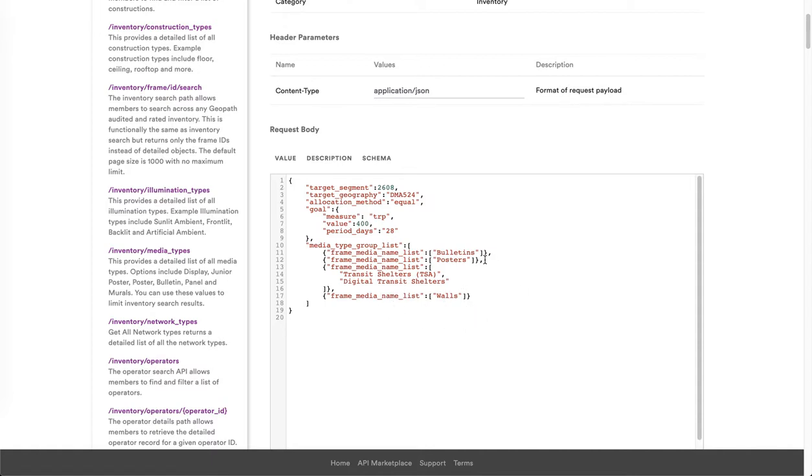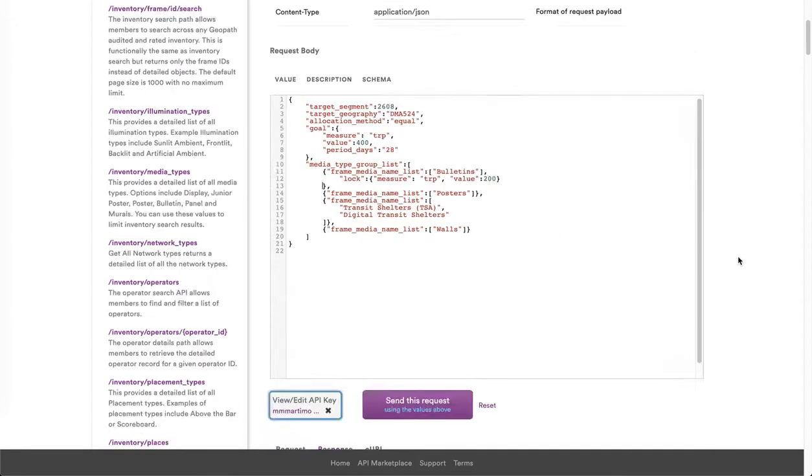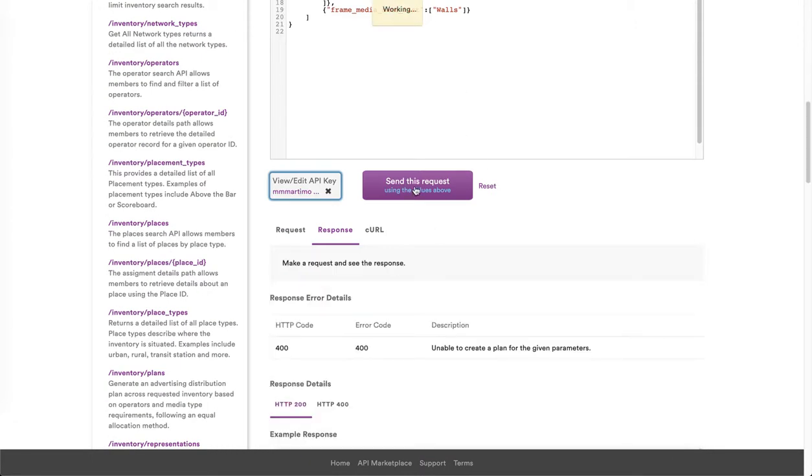And so I can also come in here and we can supply a lock value. Now we were getting 131 for our TRPs. I may decide that, okay, for bulletins, I want to lock that down. I want to for sure get 200 TRPs for my bulletins, distribute the rest of these. And so now if I do that and come back in, resubmit this request,